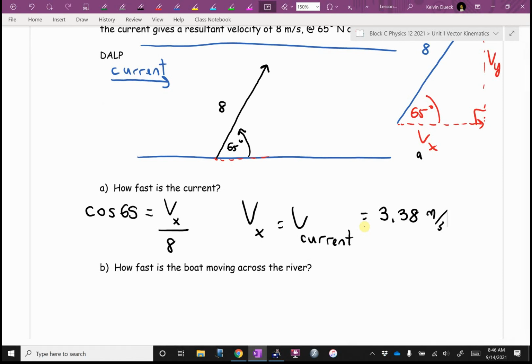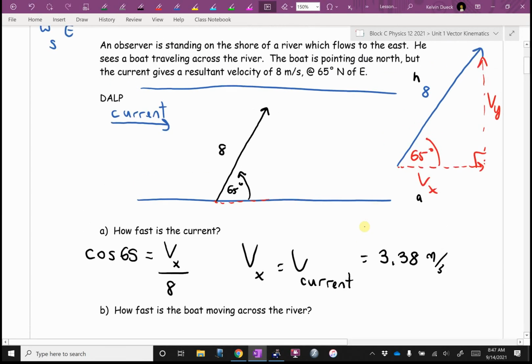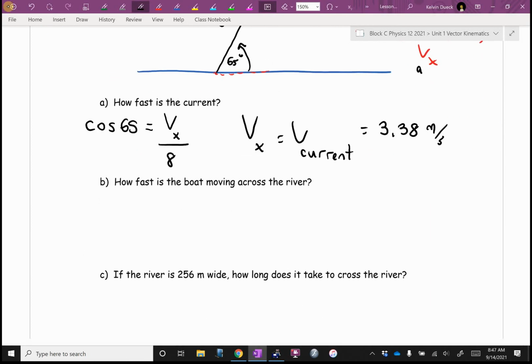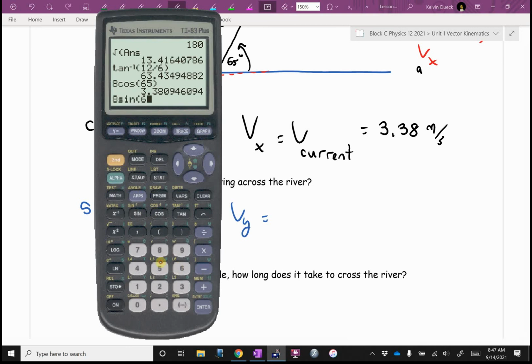B. How fast is the boat moving across the river? What's that really asking me to find? Yeah, Vy, because that's the one that's going straight across the river. Opposite, sine, I think. Yes? Sine of 65 equals Vy over 8. Vy is going to be 8 sine 65, 7.25